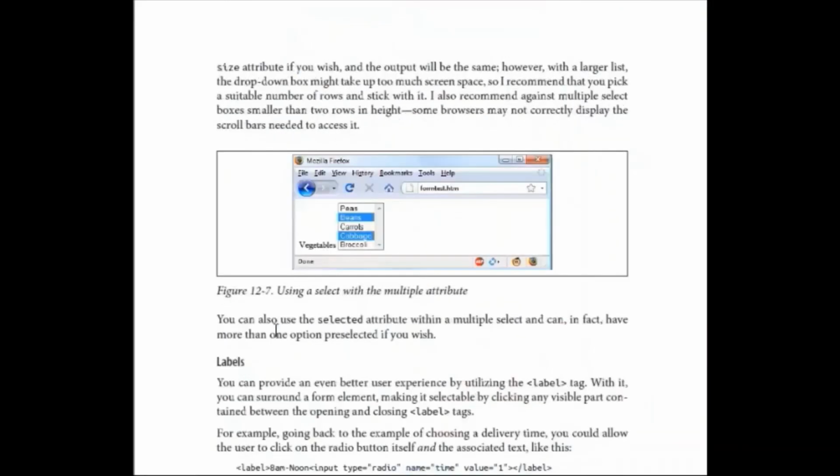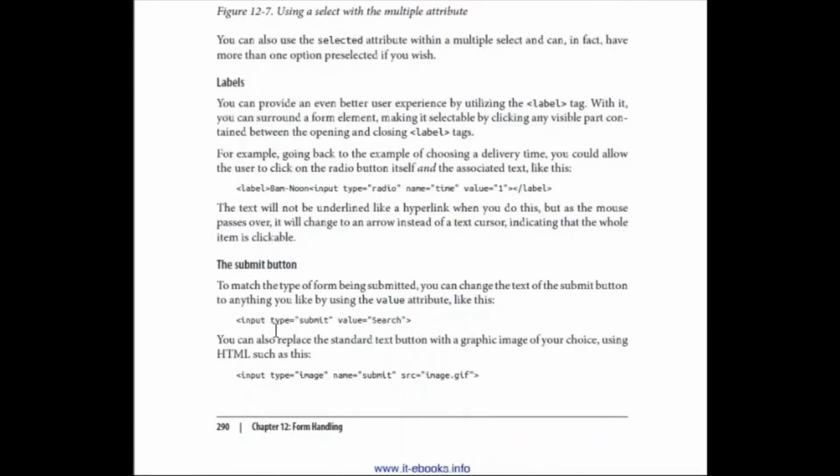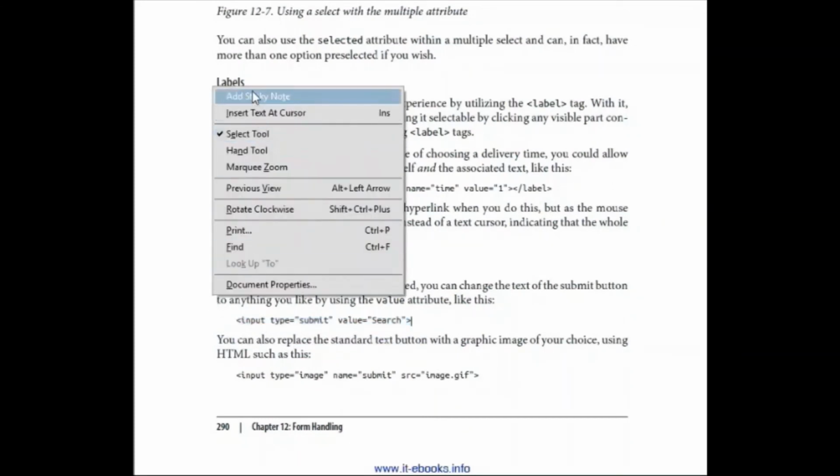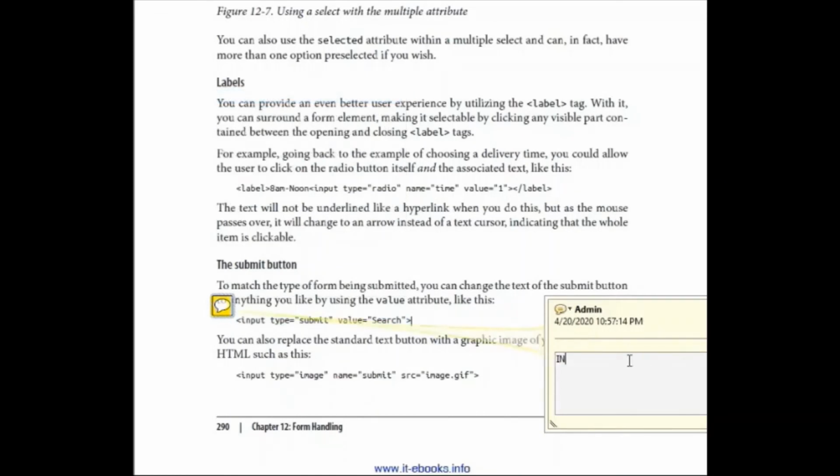So next we have the submit button. The submit button is very important, because when this button is clicked, then your data is submitted and you go to the next page or the same page, and so on. So this button is very important. You can also have multiple submit buttons. For example, if you have multiple submit buttons, input type is equal to like this.